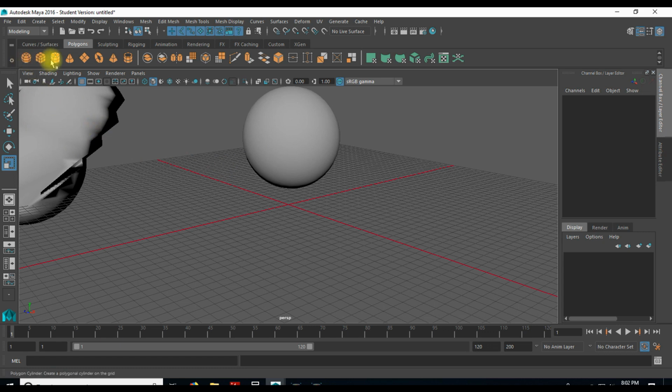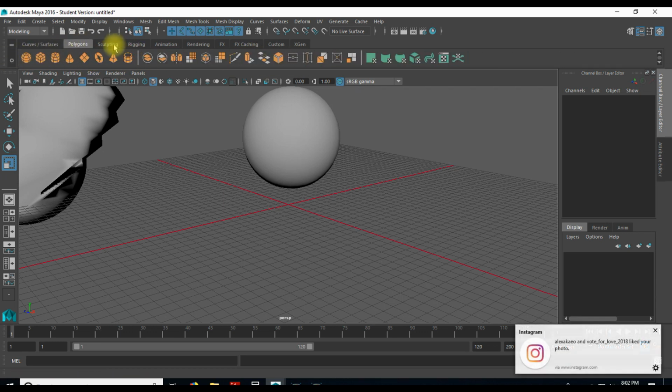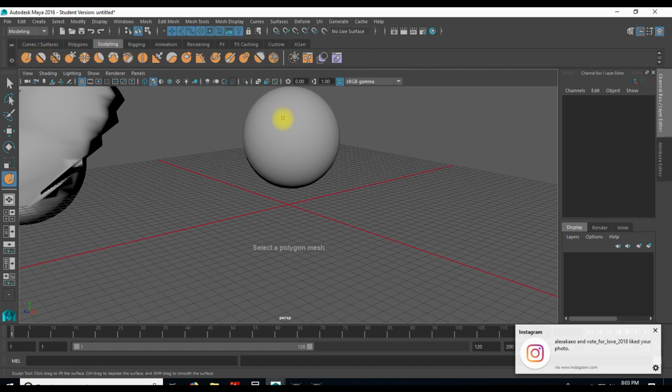Up here we have our shelf. This is where all of our primitive objects and basic tools are going to be. Each one of these shelves has a tab that brings you into different editing tools. So we have, these are all curves and surfaces, polygons, sculpting. Sculpting is kind of neat,